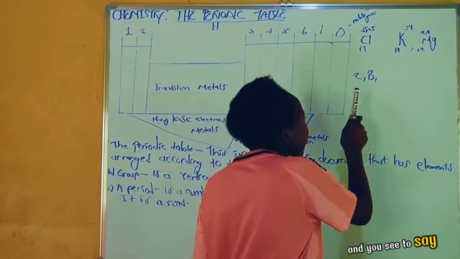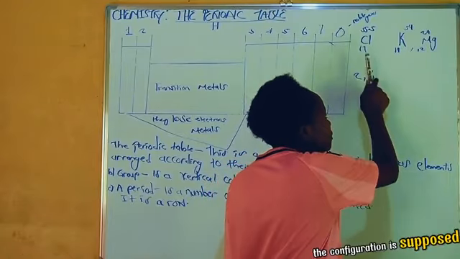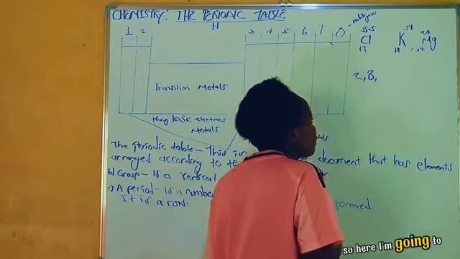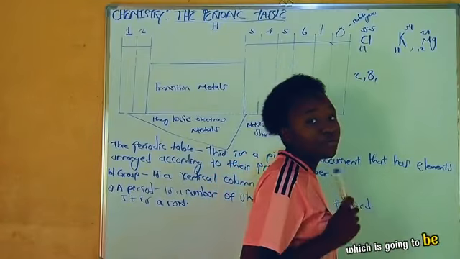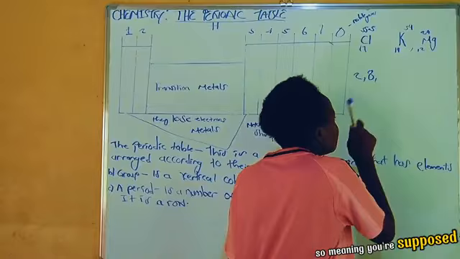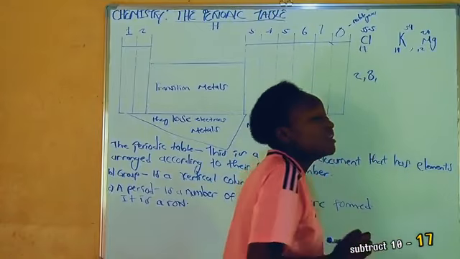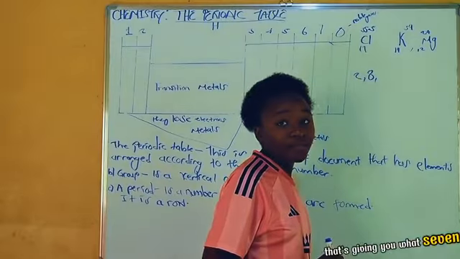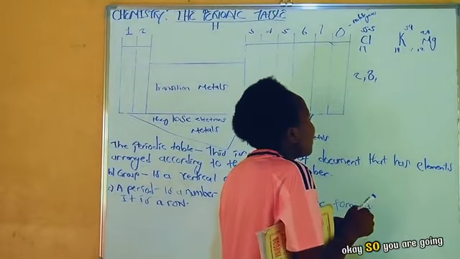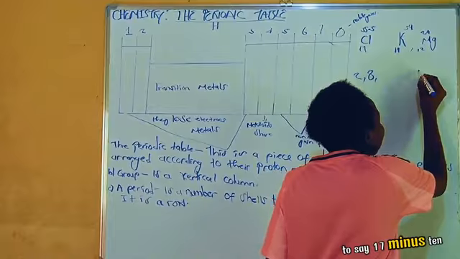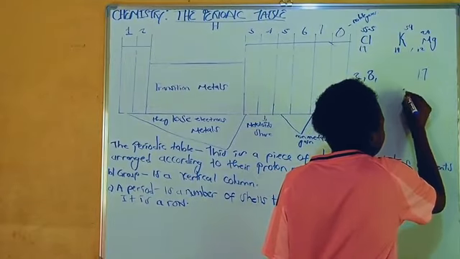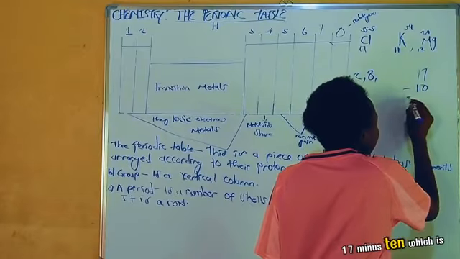Then the configuration is supposed to give you the total number. So here you are going to do 2 plus 8, which is going to give you 10. So meaning you are supposed to subtract 10 from 17, hence giving you 7. So you are going to say 17 minus 10, which is going to give you